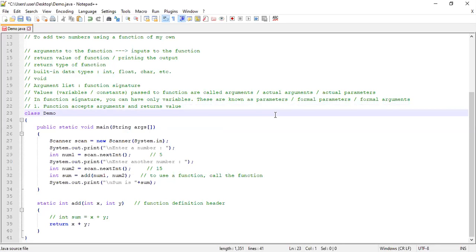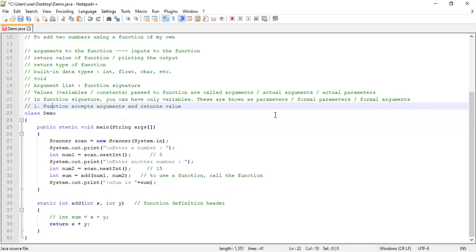At a single instance of time, you can return only one value from a function. Remember that. You can have multiple return statements. That is allowed. You will see the use of multiple return statements as we move along in our course on functions. You can have multiple return statements, but only one return value at a time. A function will return only one value at a time, although it has multiple return statements.